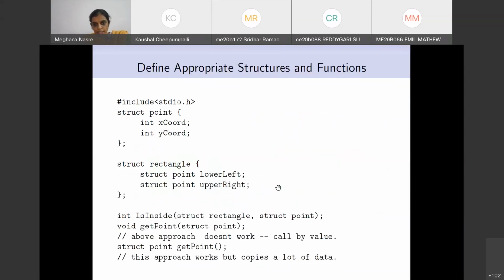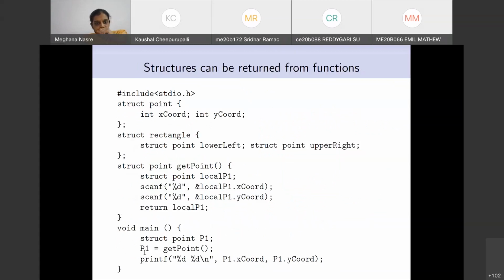So we can use this to say that this struct point P1, which is defined inside main, is equal to get point. And remember, get point does not have any argument. Its return type is struct point, and this will copy whatever is in this local P1, because we are returning local P1, into this P1.